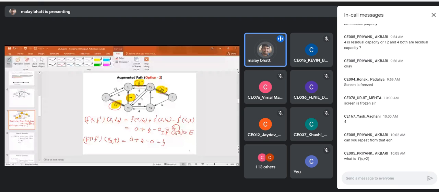So the change is 4, and we get the new value as 4. I hope it is clear now. Can we proceed? Any query from any student? I hope these three examples are sufficient to show how to calculate this equation.